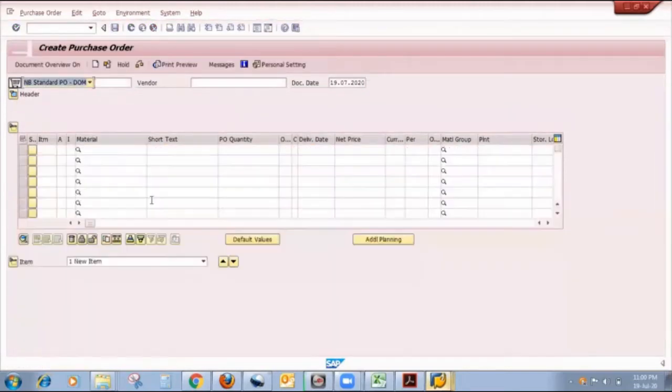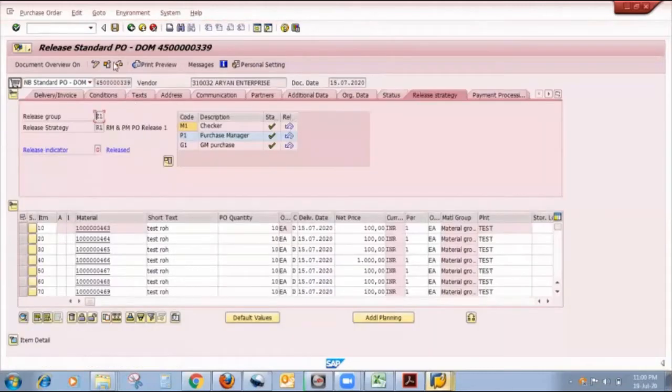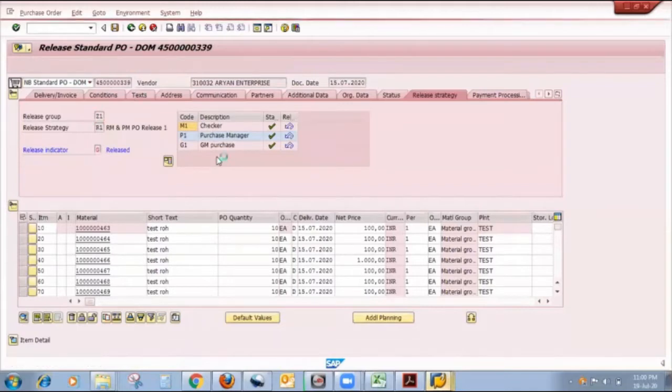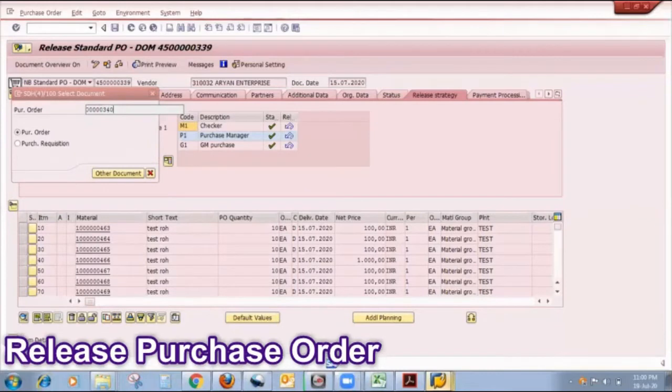Now friends, my next step is to release that particular production order. The T code for release of production order is MA29N. Here I want to put my release quantity.